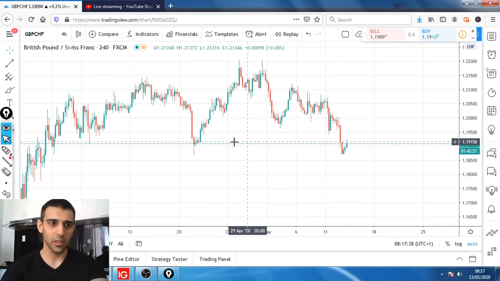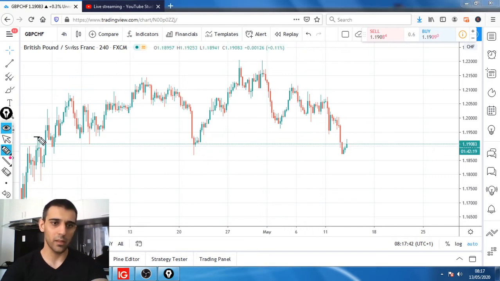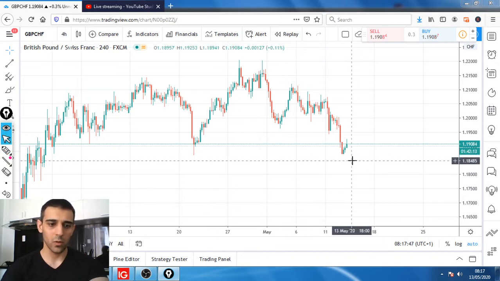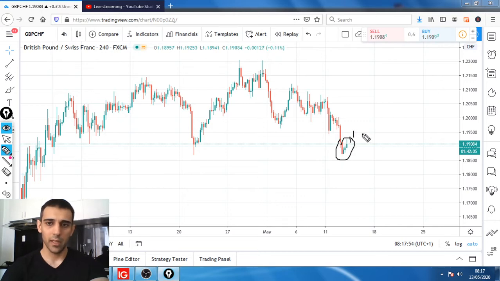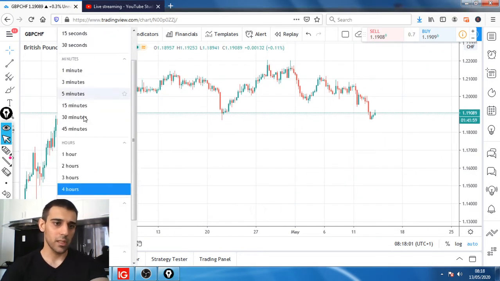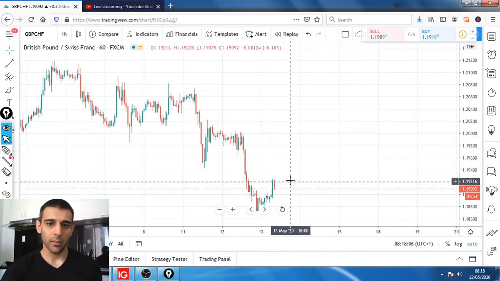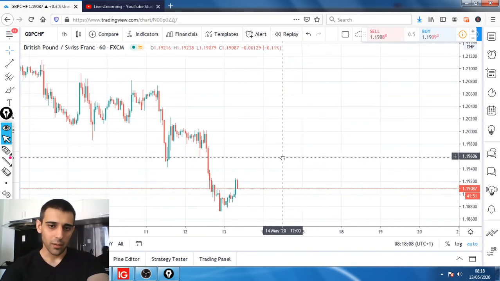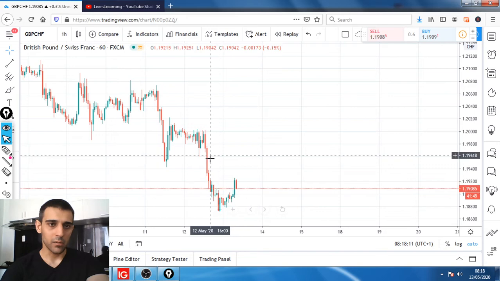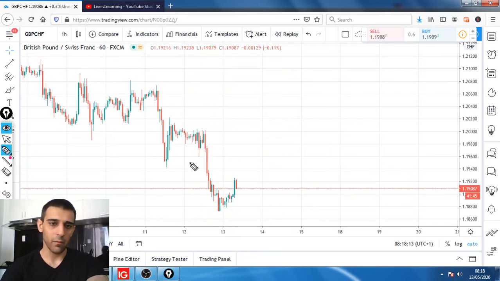Maybe price wants to push a little bit higher and take out this spike high. So far, this looks like a retracement, a pullback to the upside before potentially continuing towards the downside. It looks pretty good for a short side play. On the 1-hourly time frame, however, I do not like it. But as far as the daily and 4-hour time frames go, it's looking pretty good for the short side.